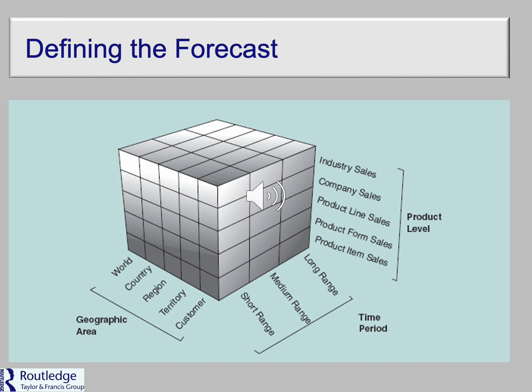And then to wrap that up, the product level is very similar to the geographic in that it starts very small with the product item sales and then grows up to the overall industry sales. So again, these considerations, these dimensions, can help us move from a gut feeling approach to forecasting, to a more helpful, more accurate approach to understanding what the implications of actions or inactions are for an organization.